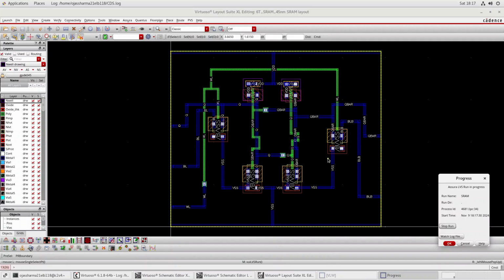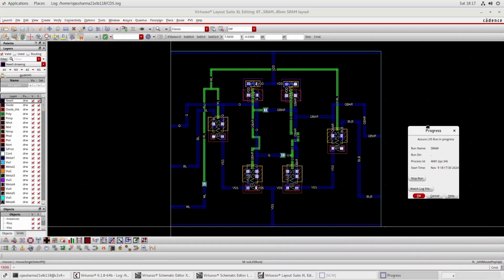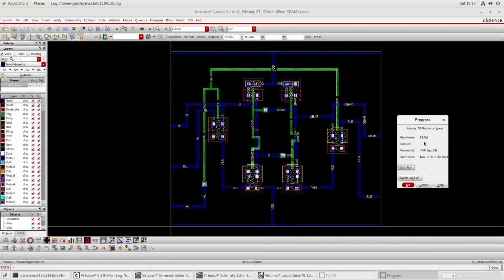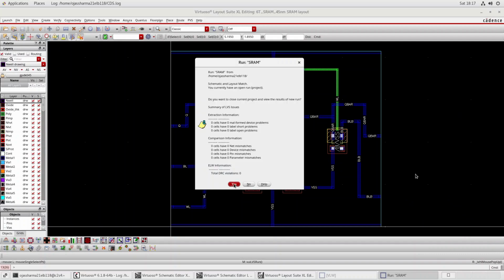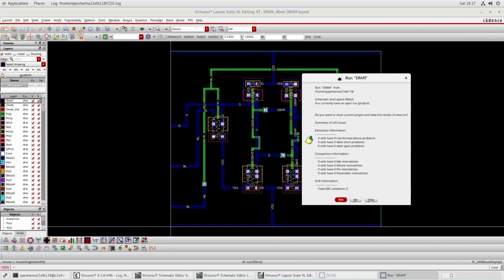LVS. Well, actually it's quite a time-taking process, and also the biggest process you can think of when doing the layout synthesis. So here we have the layout with the schematic